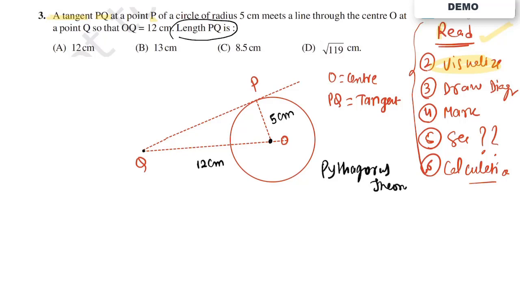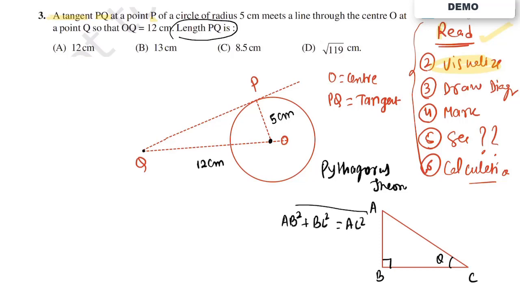Let me just quickly recap it for you. Some of the students might not be able to remember it. So we have a triangle, name it A, B, C. This is your 90 degree, this is your angle theta. So what it says: AB square plus BC square, that is your base, equal to AC square. So that is the concept of the Pythagoras theorem. And how do you know what is the base? The side on which the 90 degree and theta are lying is called the base.